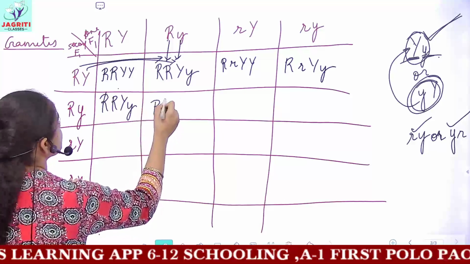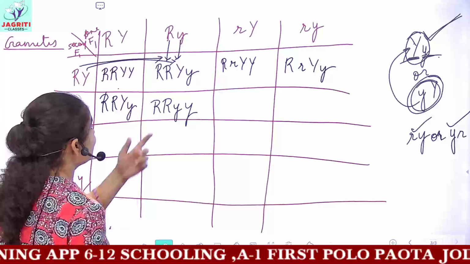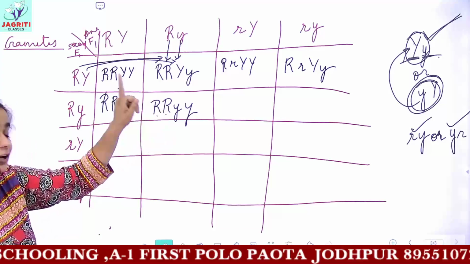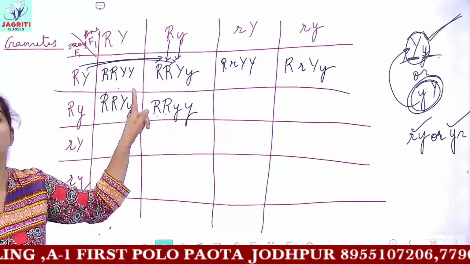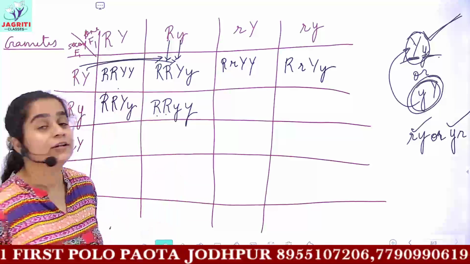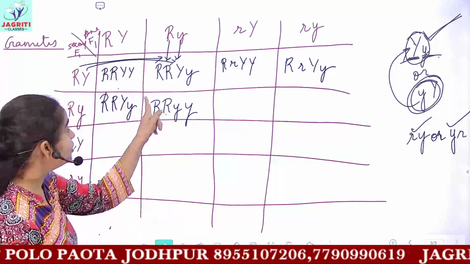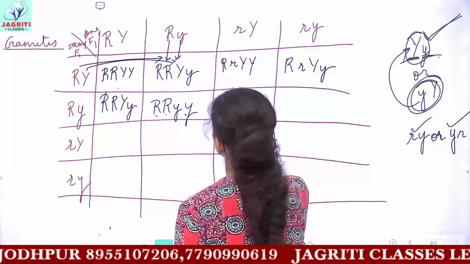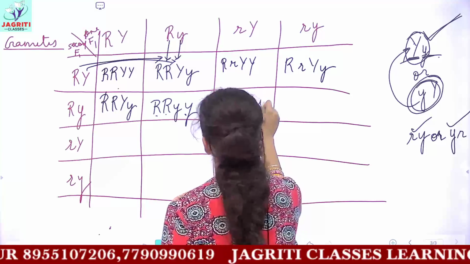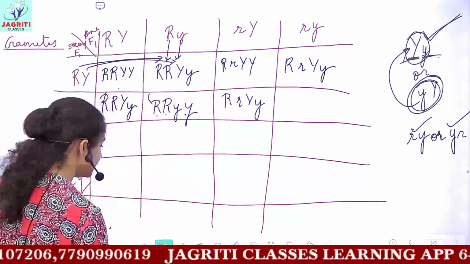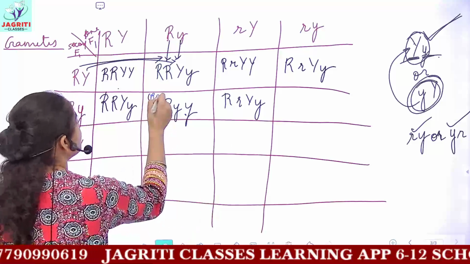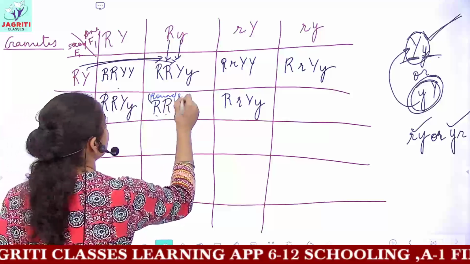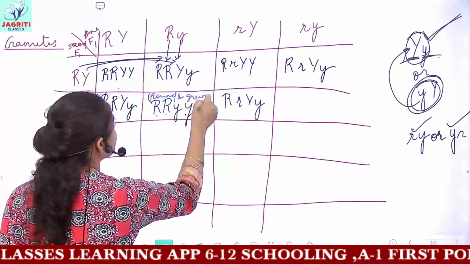And moving to the next, the combination would be, and can you say the phenotype, or the physical appearance, of this? You have capital R, capital R. That means they would have the shape round. But you have small y, which denotes green color. So the phenotype of this column would be round and green. Now we will be completing in a similar manner the phenotype of all the generations. For this genotype capital R, small y, the phenotype is round and green colored seeds.